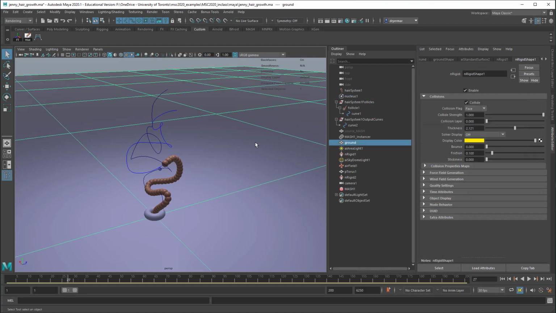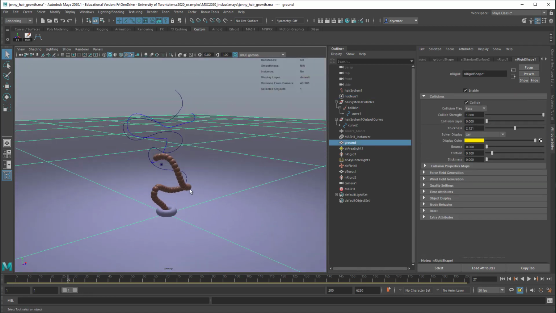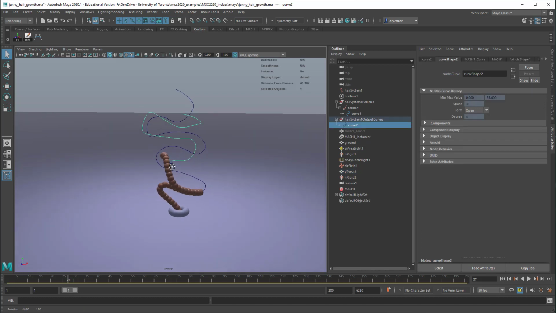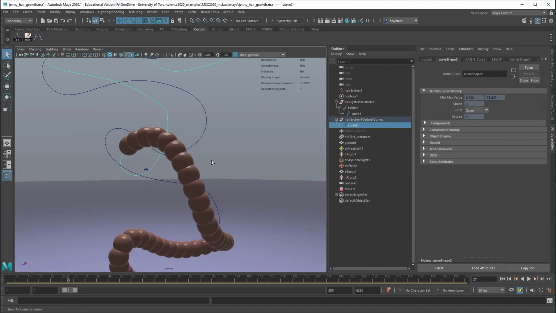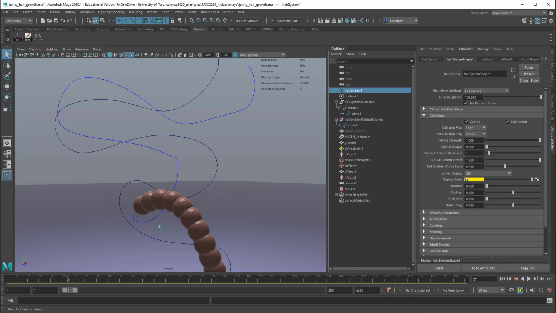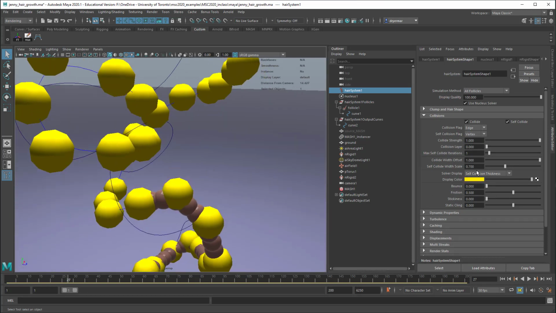And then the floor here is actually a collision object in case the turbulence on the hair were to push it down to the ground. The torus is also a collision object for the same reason. And if we look at the curve here, to make it feel like it's colliding with itself around the same diameter as the spheres that are attached to it through the mesh system, if we go into the hair system shape under collisions, let me just change this